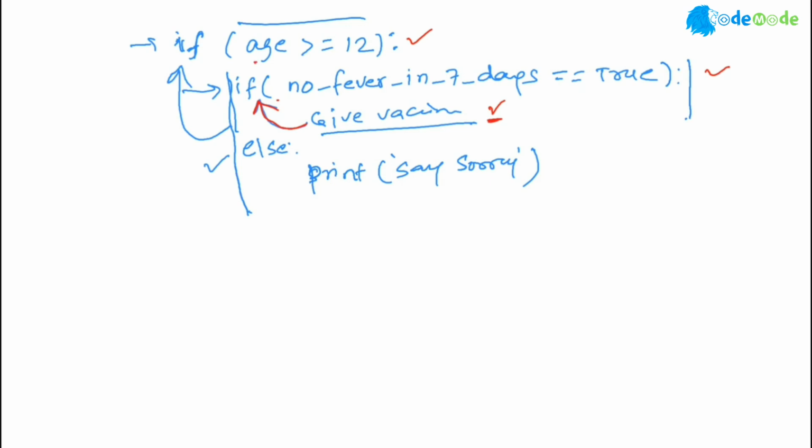But if the age is more than 12, but the person has a fever, then it will come inside, but then it will go to the else part, and then this will print. Right? So you can have if inside if, called nested if. You can do a whole block. You can say if and if. You can also say if, else if. I can say if, else